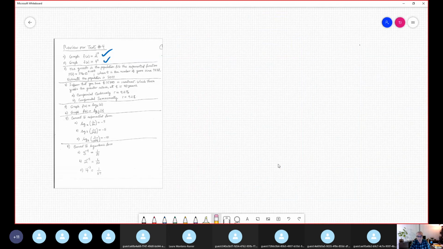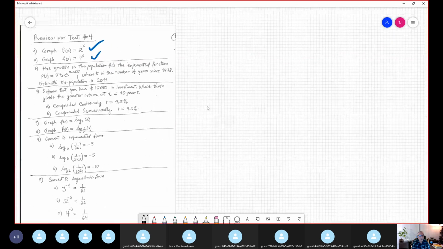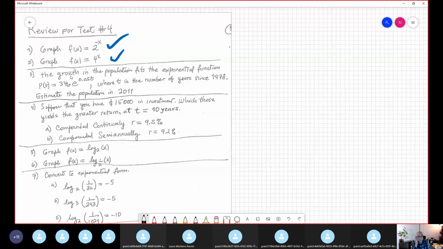Number 3 is a word problem. Look at that word, growth. It indicates exponential growth, no? The growth of the population fits the exponential function P at any time t